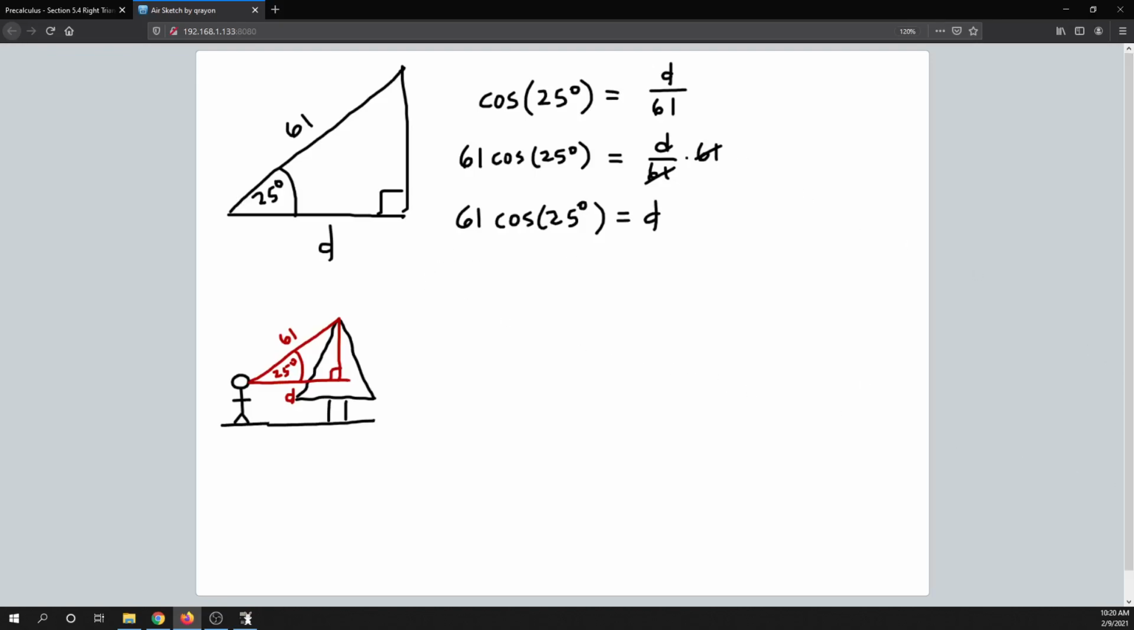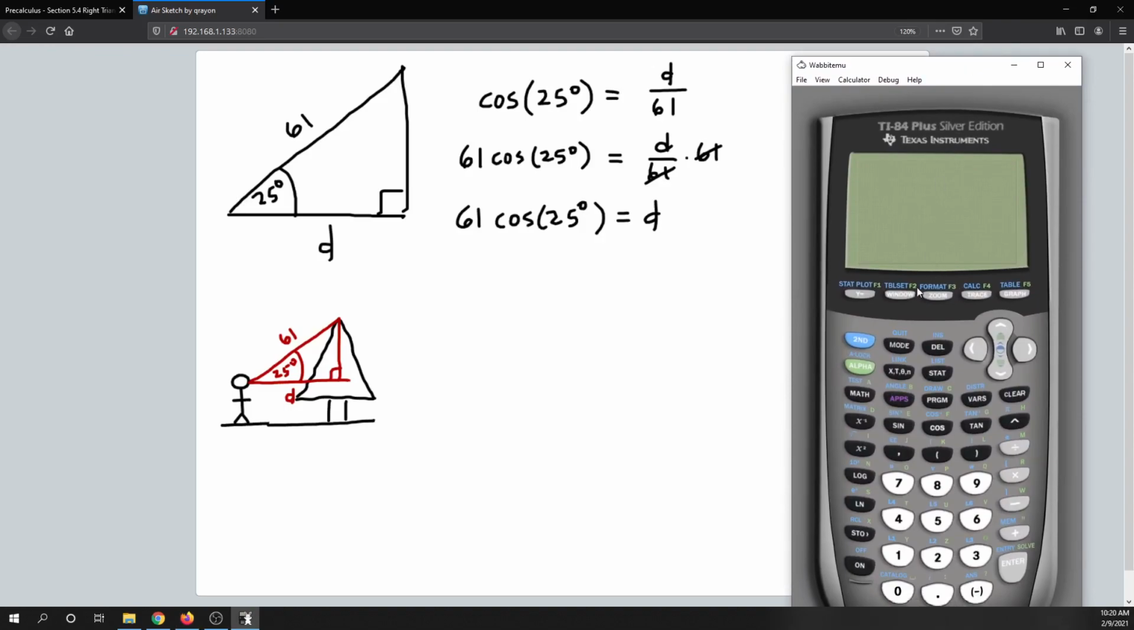All right, and so then what we would do is just go to the calculator. And just make sure that you are in degree mode, since the angle is specified in degrees here. And we can see we are in degree mode here, so you would need to check that on your calculator. And then now you can just enter that in, 61 cosine of 25 degrees. And that comes out to be 55.28,